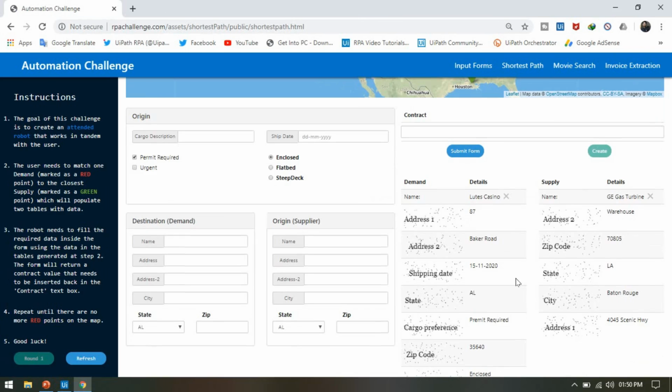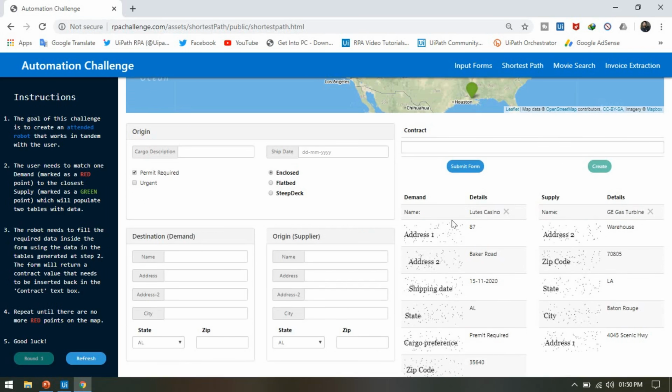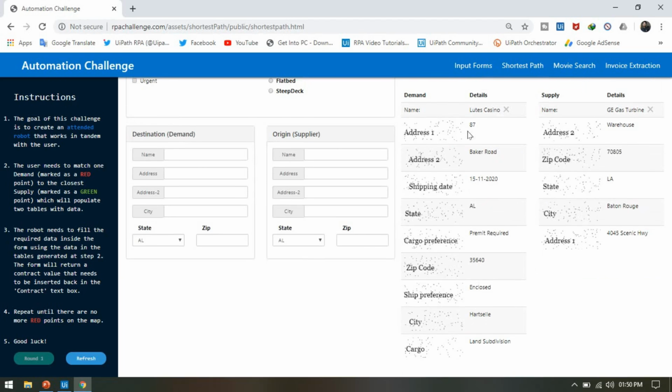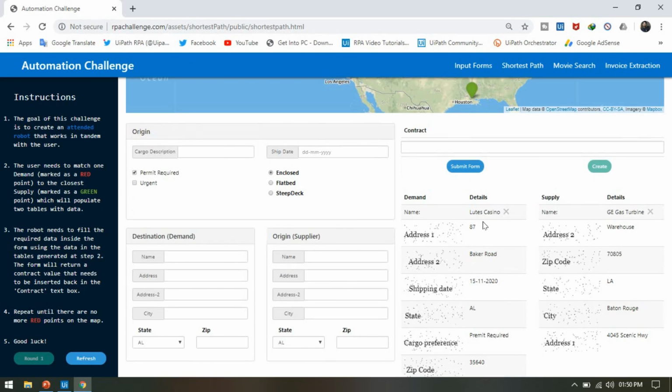Now you can see here on the right side we have the demand details, and here we have the supply details. One by one we need to capture all these details, this name, address 1, address 2, shipping date, and all these details, and we need to fill in all these details one by one here in this form. And in the same way we have to capture supply data from here, and then fill it in here in the origin supplier.